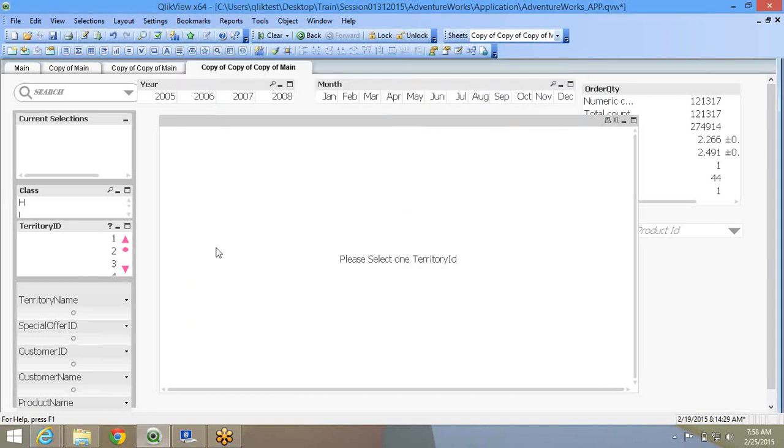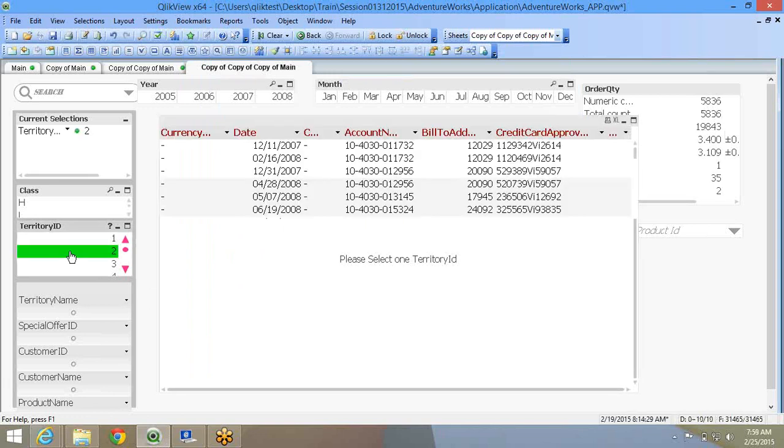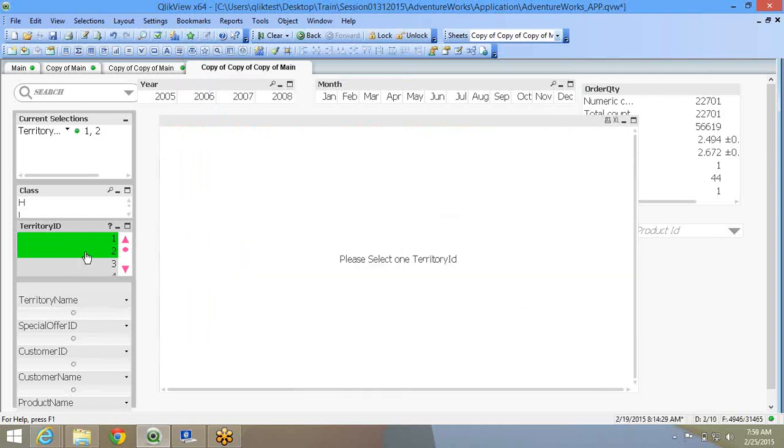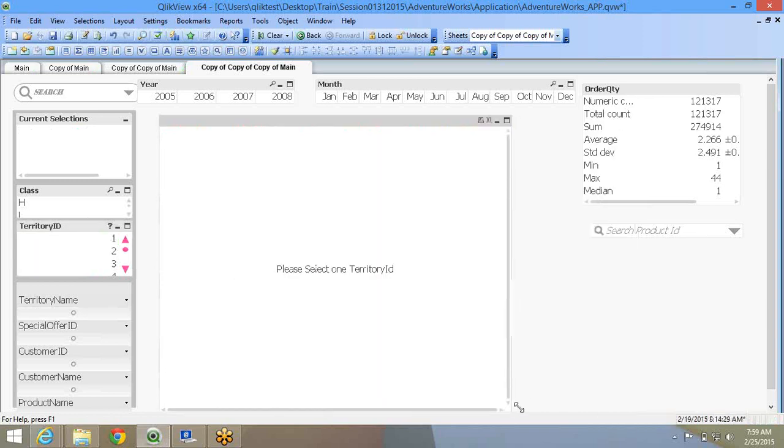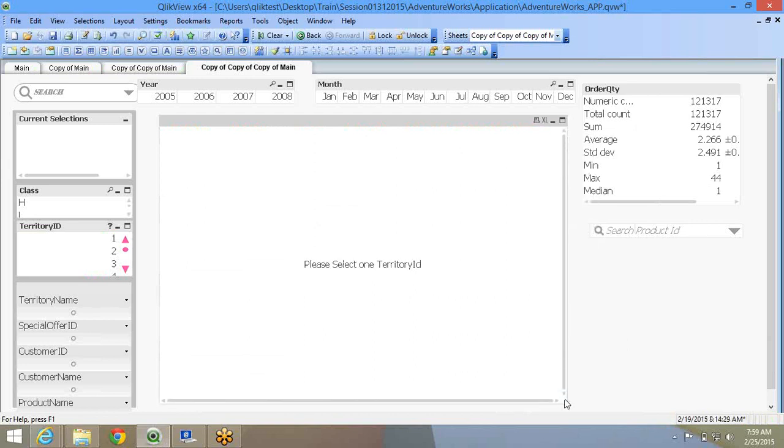So it says please select one territory ID. So the user knows that okay, he has to select one territory ID. He'll select, the data is going to come. More than one, please select one territory ID. This is one important method to control how your users can see. Users will not really know, okay, the system is slow, the internet will be slow, or it might not work out. All they'll know is go ahead, just export. So you as a developer, you can understand how many records are there in your application and define it and control it.